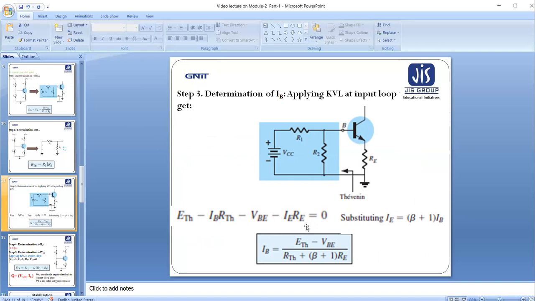Now, this IE RE is a potential drop. It has a negative sign with the ETH. That means there is a conflict between ETH and the IE RE, where if the ETH sends a high amount of current, then the developed potential drop will further oppose